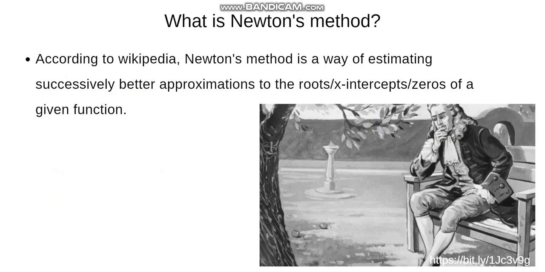And first of all, what is Newton's method? You're probably wondering. So according to Wikipedia, Newton's method is a way of estimating successively better approximations to the roots of a function. So your function is f of x, and you're trying to find where that crosses the y-axis. There are limitations to this, which we're going to talk about later. For example, what if it never crosses the y-axis, or what if